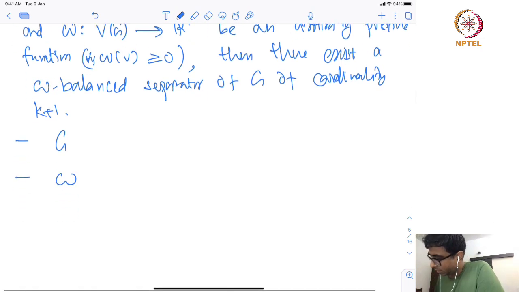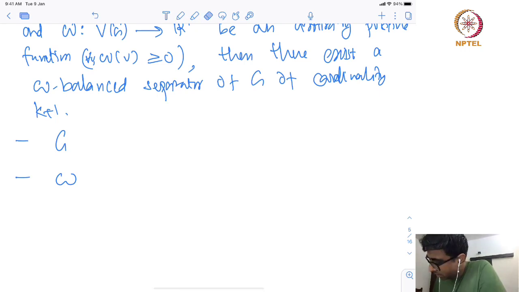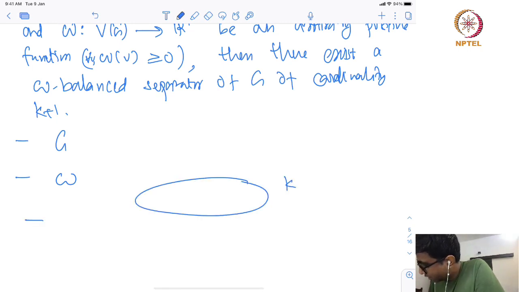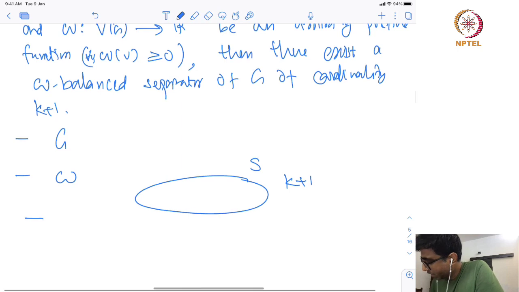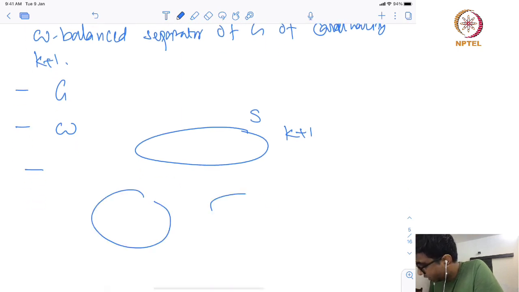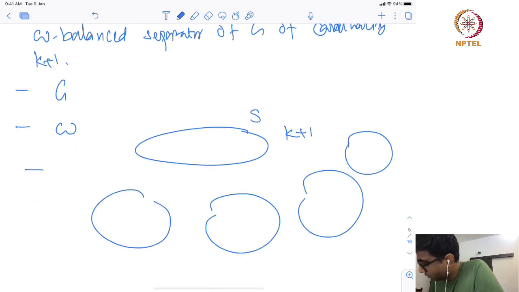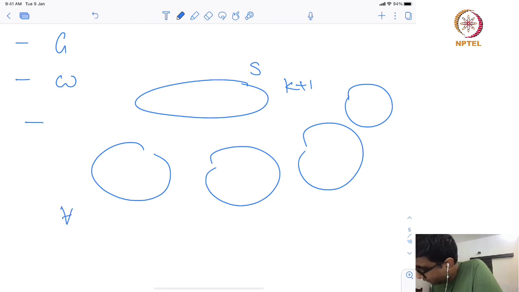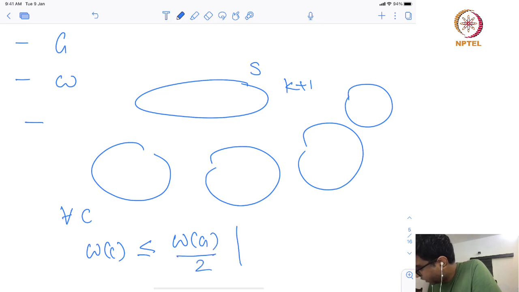Then I will find a W balanced separator of G of cardinality k plus 1, meaning I will find you a k plus 1 sized set, say S, so that if you look at the connected components, what is the property of a connected component? For every connected component C, weight of C is less than or equal to weight of G divided by 2, where weight of G,